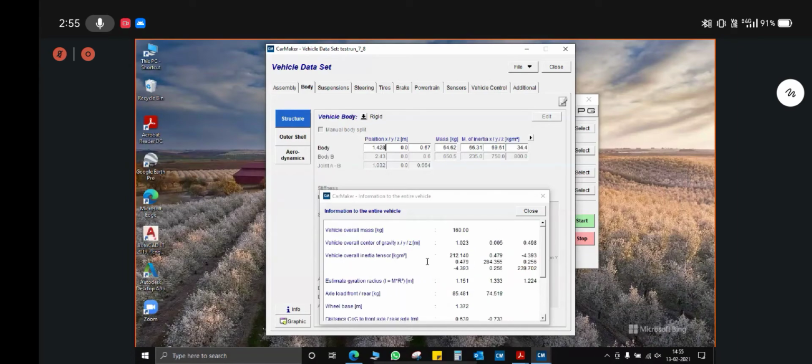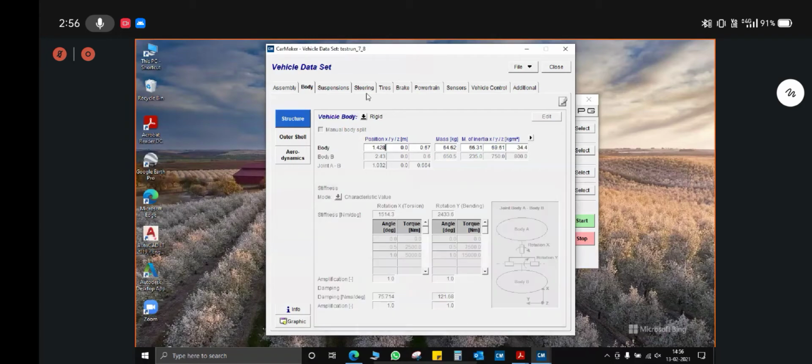While submitting the design specification sheet for this year, where it will be asked, you have to select the vehicle overall center of gravity. You have to put the value and submit it. So that value you have to take from here. The vehicle overall center of gravity from the car maker, not by calculating it theoretically, but you have to directly observe this and put this value for your vehicle in the design spec sheet. So I'll close this tab.